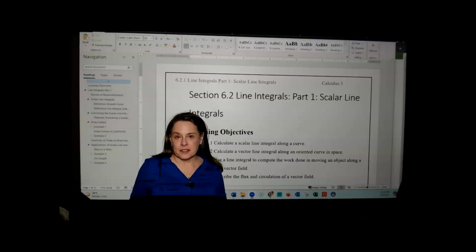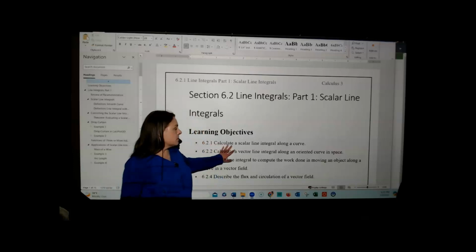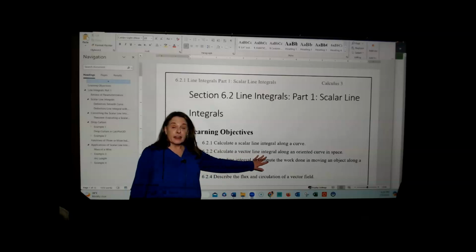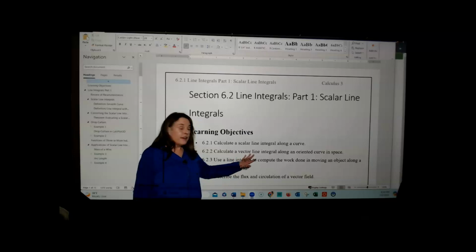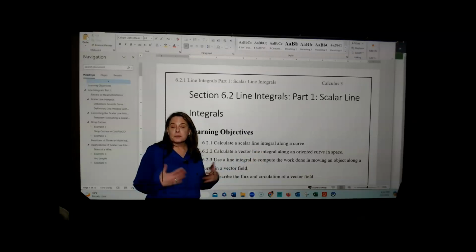Now that we've discussed what a vector field is, we want to learn about what are called line integrals. In section 6.2, we have several learning objectives. We're going to calculate a scalar line integral along a curve, then calculate a vector line integral along an oriented curve in space. Now, a vector line integral is a line integral in a vector field, which explains why we